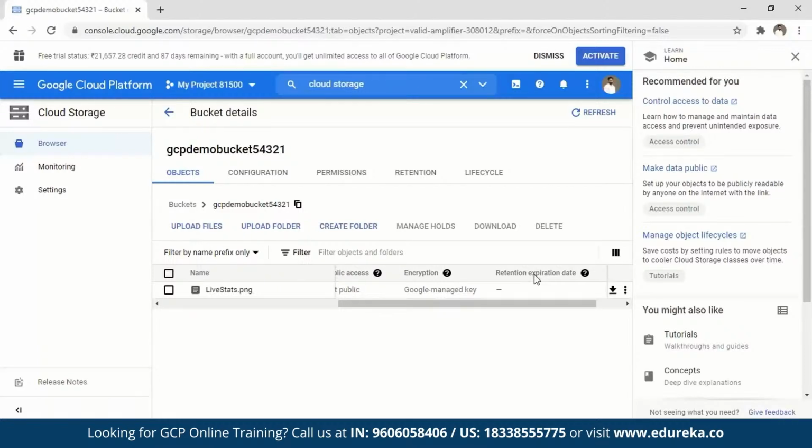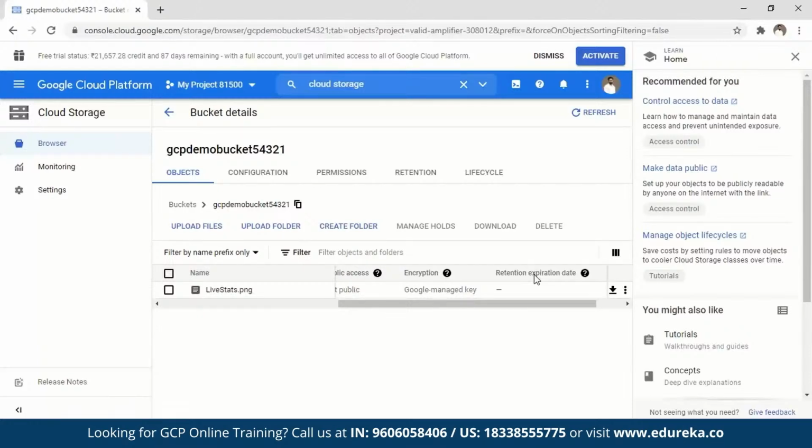Something that I can do is assign a lifecycle policy. What that means is basically I can decide after a particular duration what to do with this file. Now there's a certain set of data that might be useful to me in real time, but that data might not be as useful after 3 months. So let's assume that there's a particular image that I put here and I know that after 3 months I will not be using that image at all. In that case, I can assign a lifecycle policy to it.